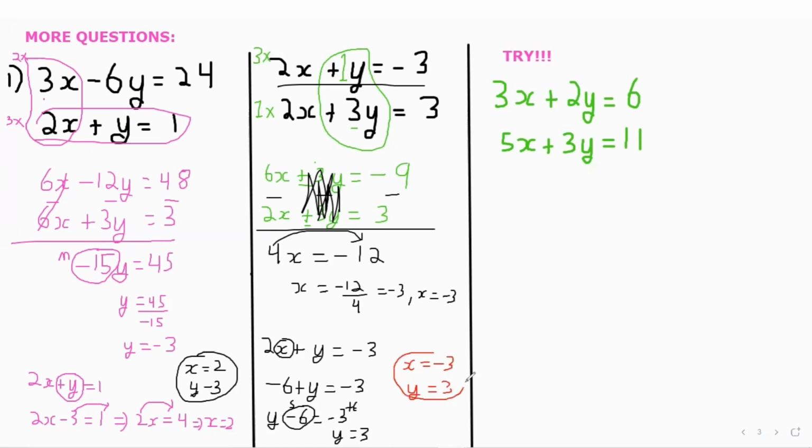Nice. So that's the end of simultaneous equations. You could try this one, test your method against it. If you didn't understand it, go through the video again and try this one. And when that is said and done, that's